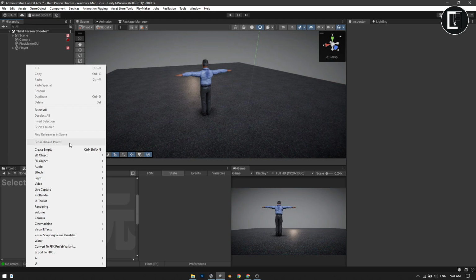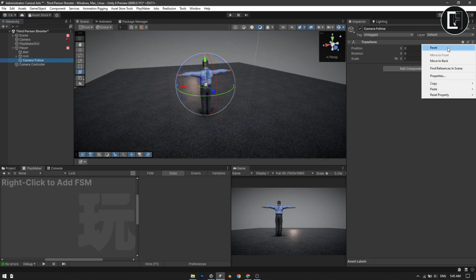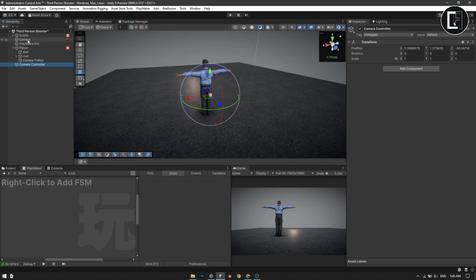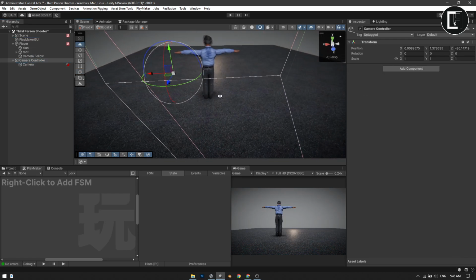While you are creating the camera controller, you must follow step by step, please. Now create an empty object and name it camera controller. You're going to copy the transforms of the camera follow. No, you're going to insert the camera here, and you're going to go to here,